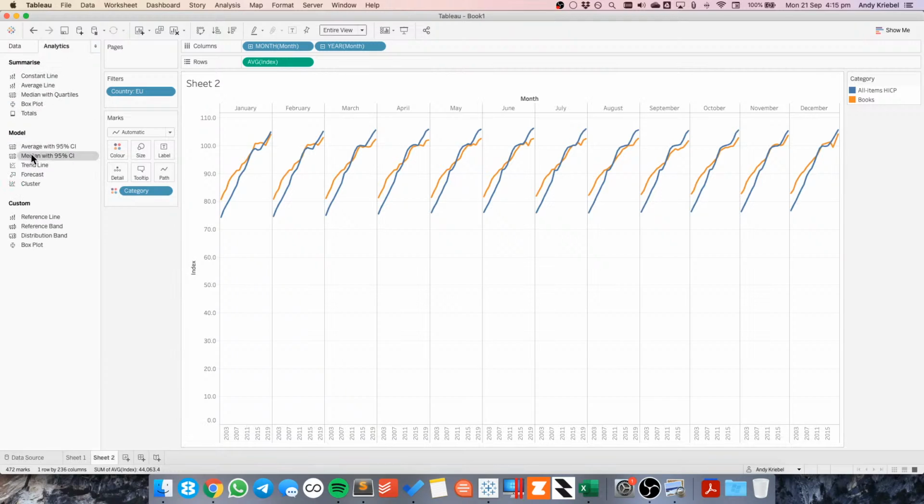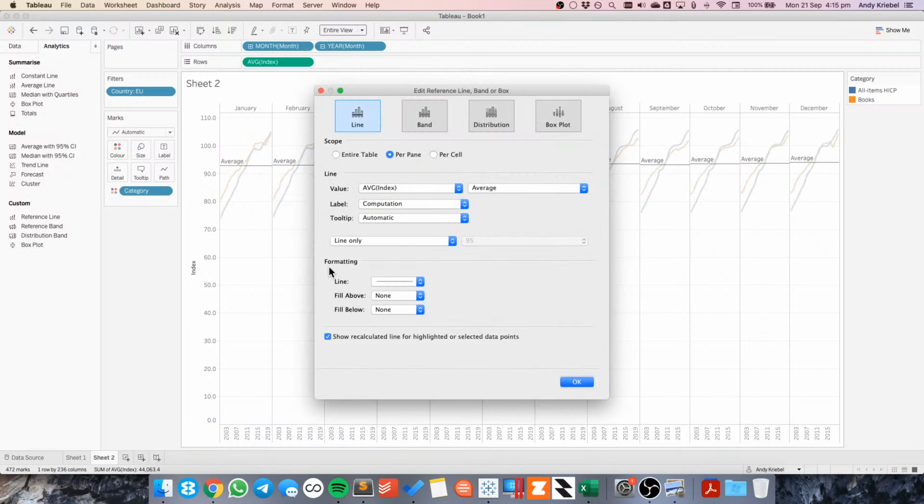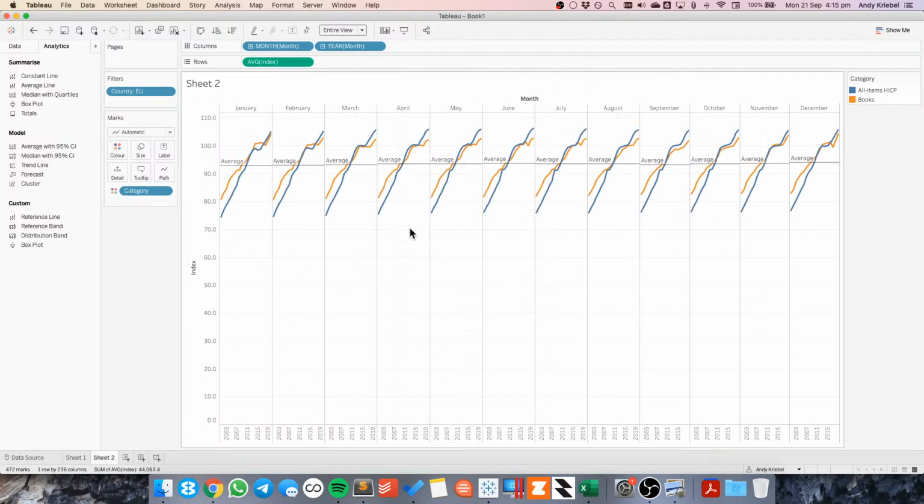And then if I put an average line onto each pane, you'll see that the price overall has been relatively consistent, but this is accounting for the price for each of the categories. So let me see if I can, yeah, so that's doing it for each. Okay, so this is a cycle plot, but it's not very helpful. One of the things we maybe could do though is we could look at